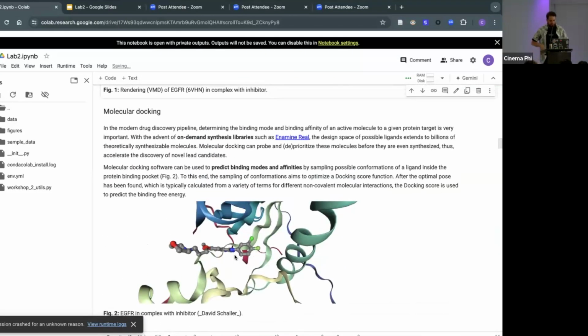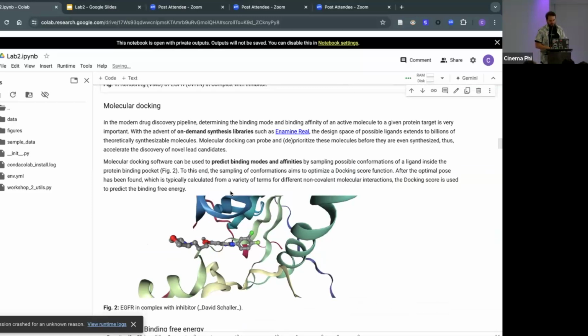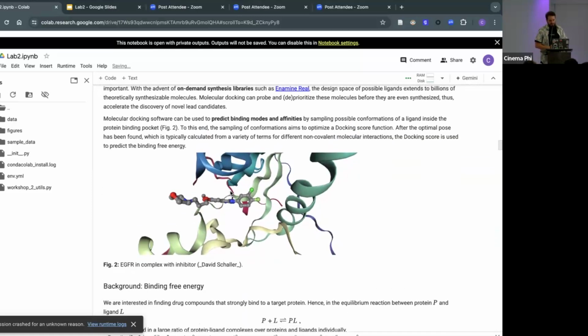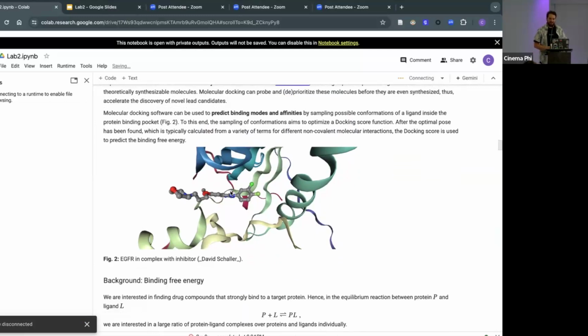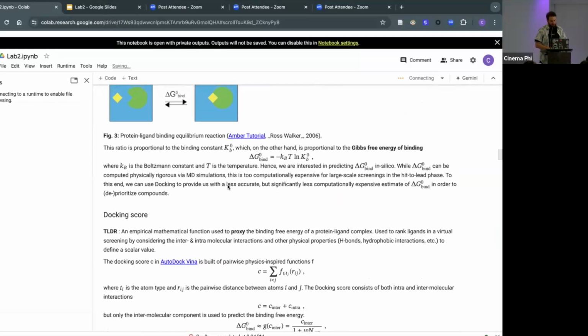For theory, I'm just going to talk a little bit about the free energy and molecular docking. I kind of showed before docking as something that predicts some kind of affinity, but I'm talking about affinity in a strange way. Usually what you have from docking is a docking score, and from the interactions that the docking engine has inside, it's going to try to predict the affinity. So basically,